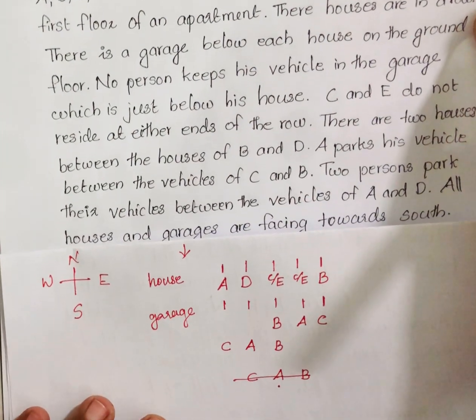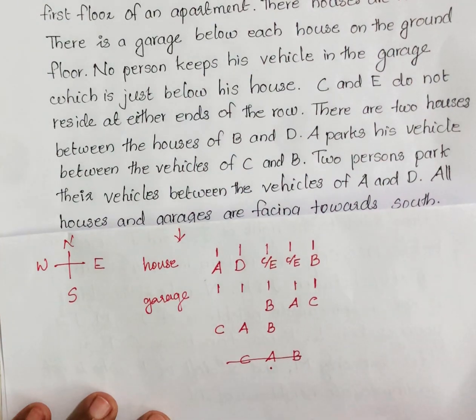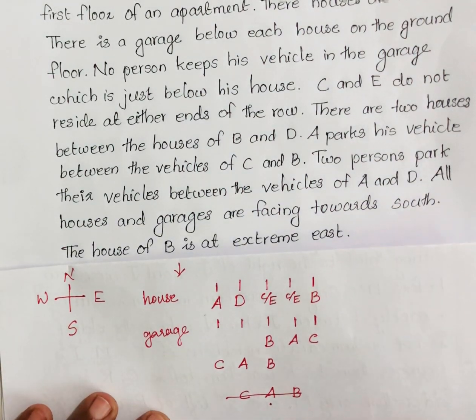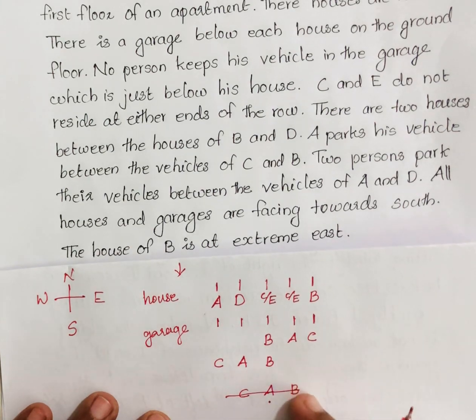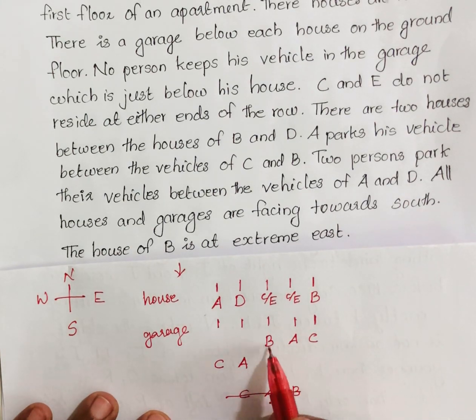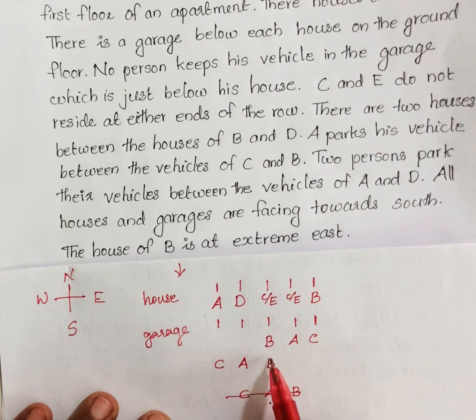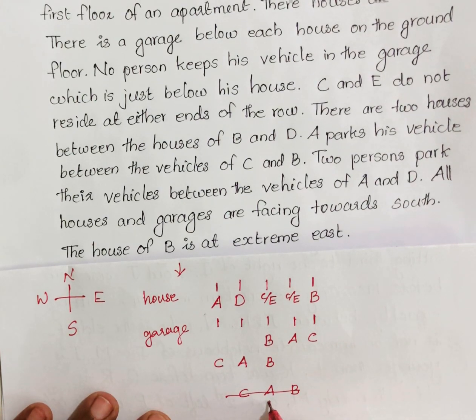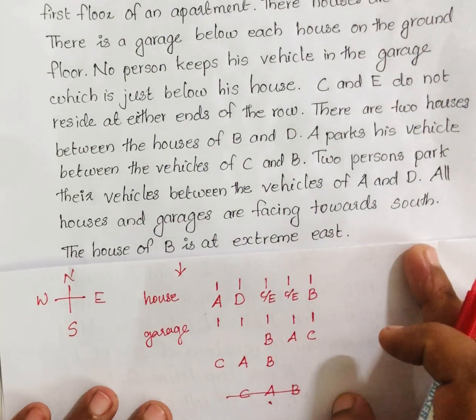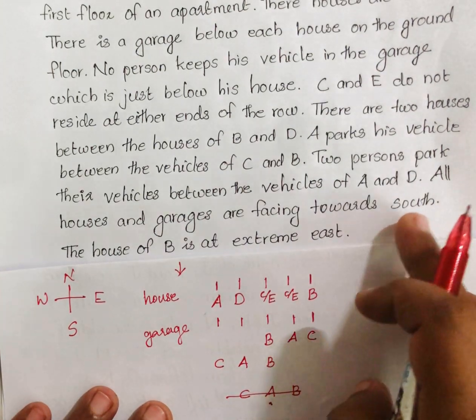Two persons park their vehicle between A and D. So we can avoid this possibility. These are the three possibilities. Here cannot be C, that's why we are writing D here. Then in this case A is in the middle, so two persons between A and D is not possible. So next condition,